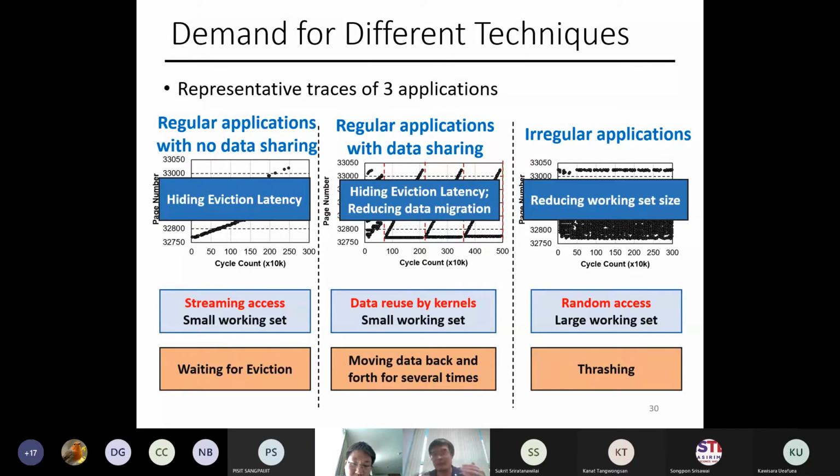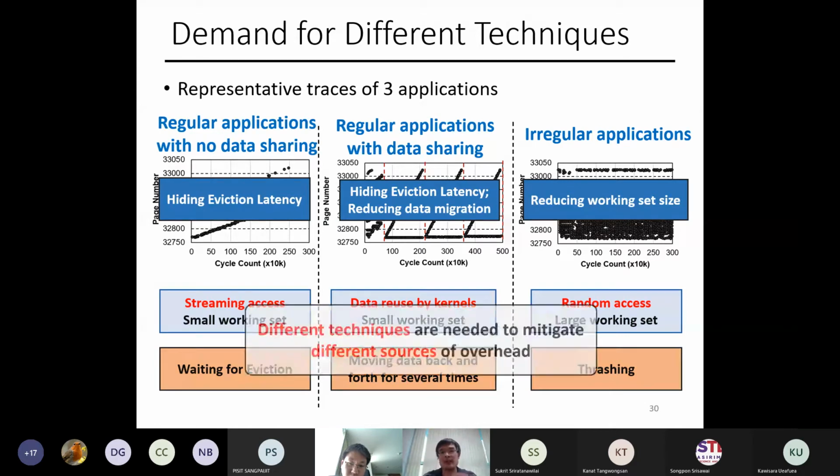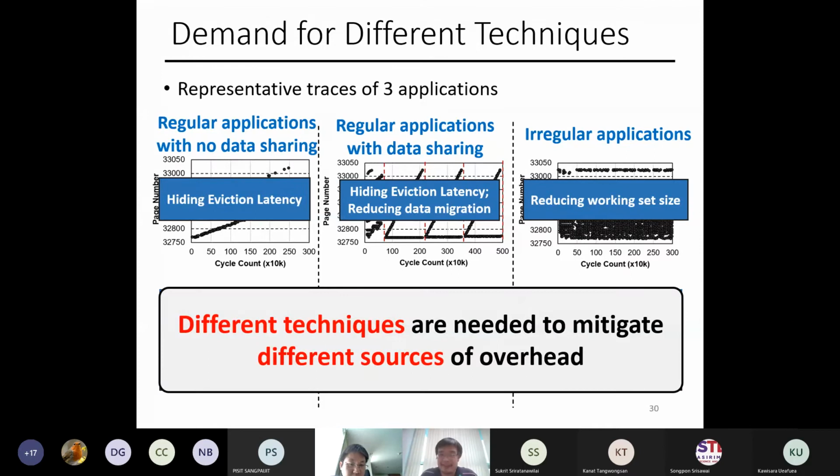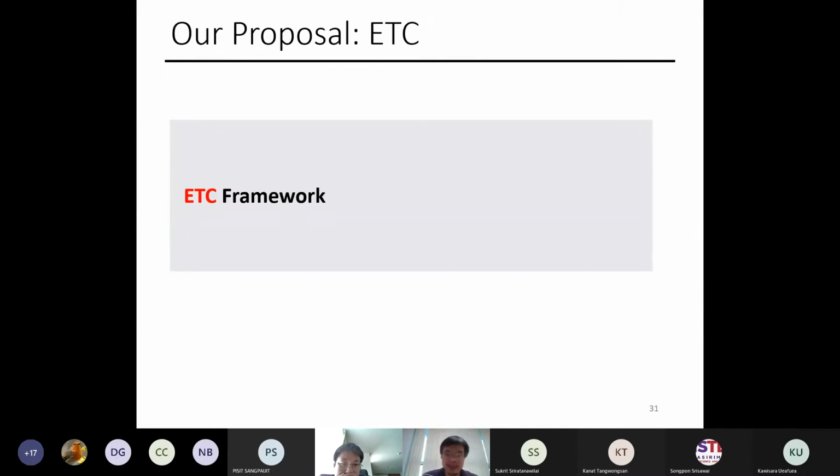And on the last type, you can't do much, but you can reduce the working set size to limit the amount of thrashing, right? So as you can see, you demand three different techniques to mitigate the different sources of overhead. So our proposal is called ETC,